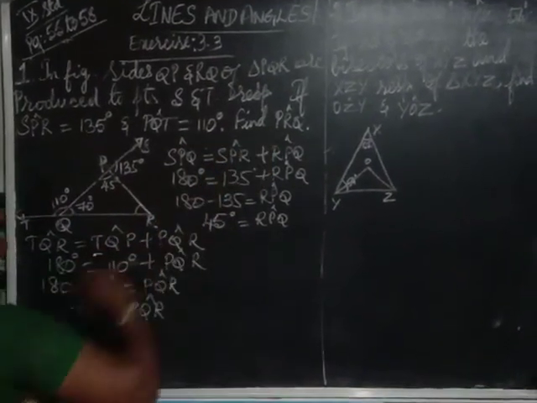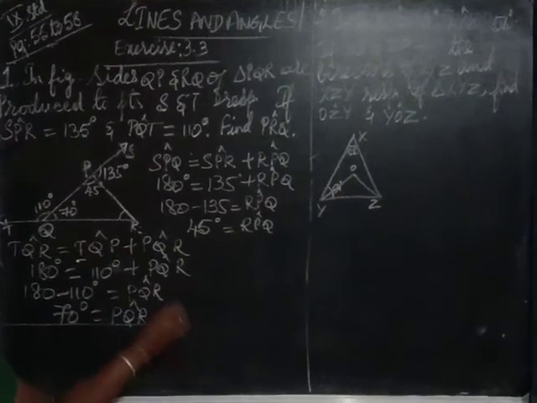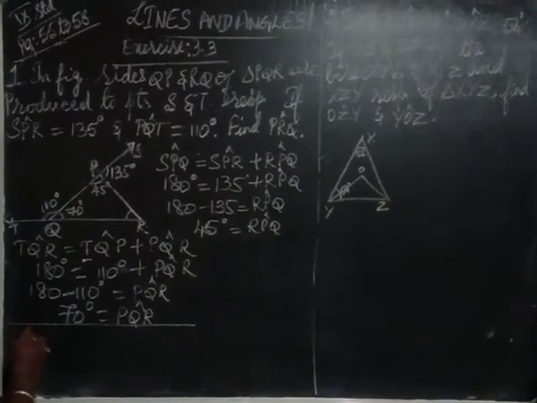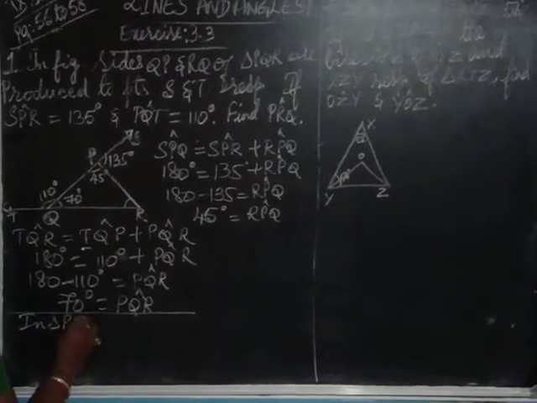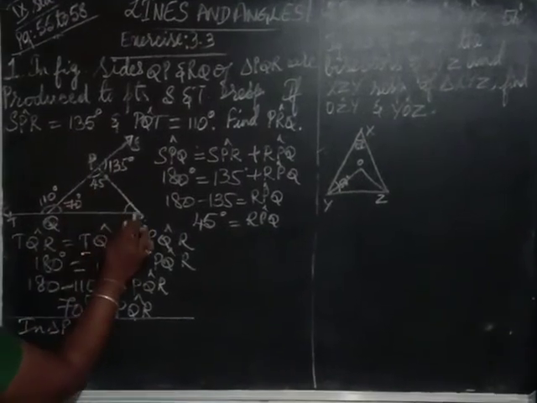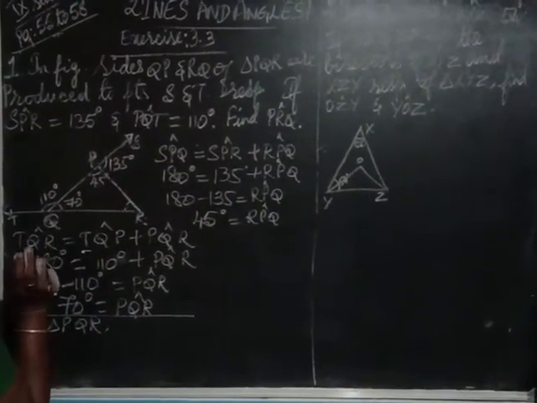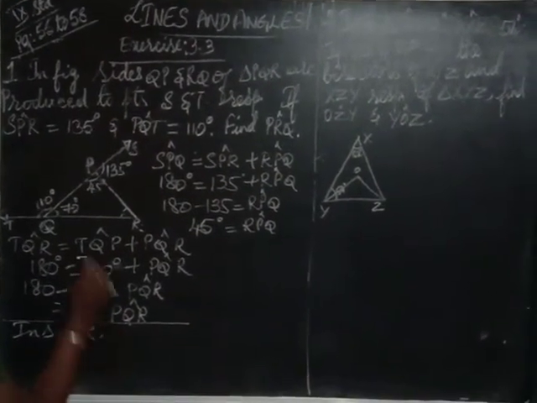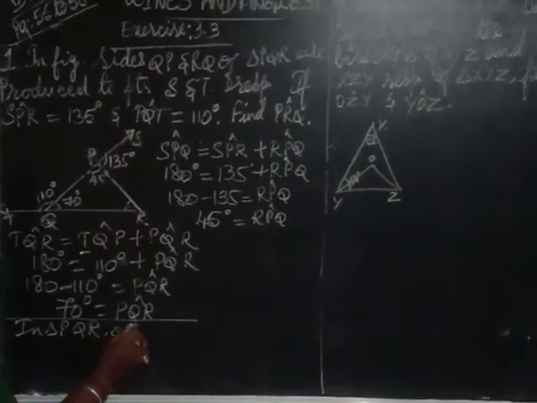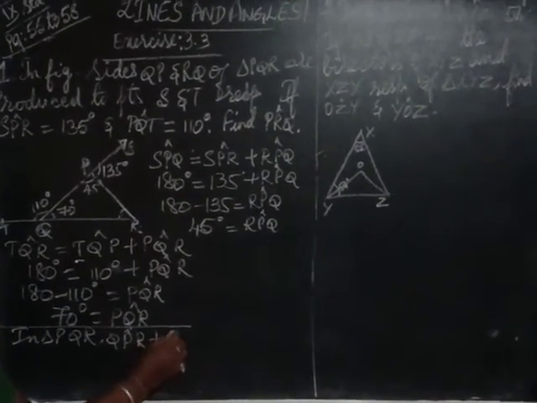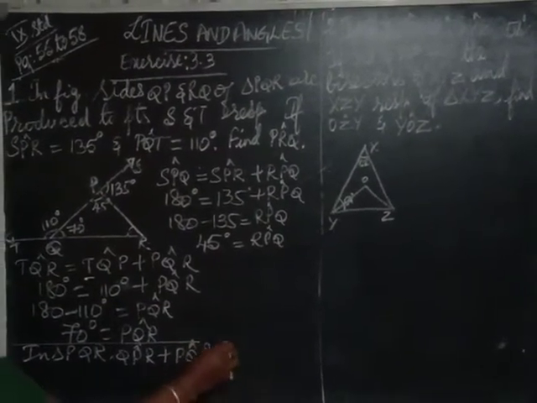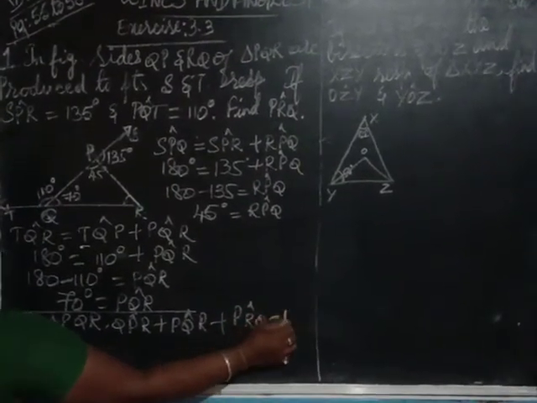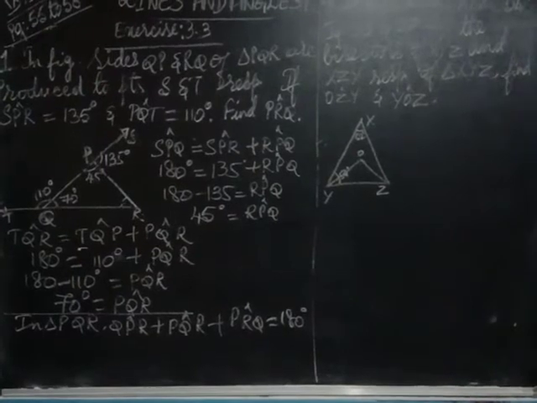That is what they have asked in the question. So now this one angle we don't know. Therefore PQR is a triangle. In triangle PQR, the sum of angles of a triangle is how much? 180 degree. So let us write now: angle QPR plus PQR plus PRQ is equal to how much? 180 degree according to the angle sum property.